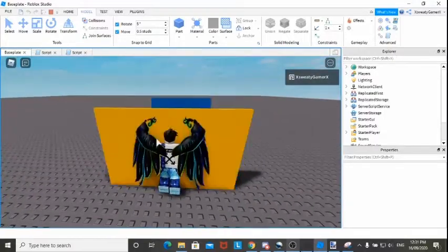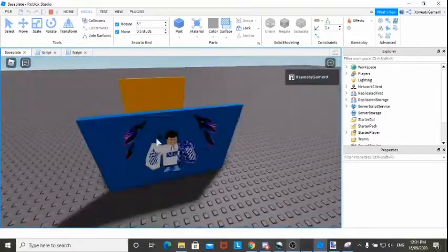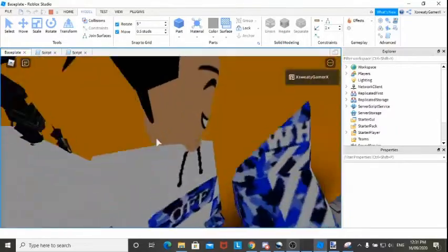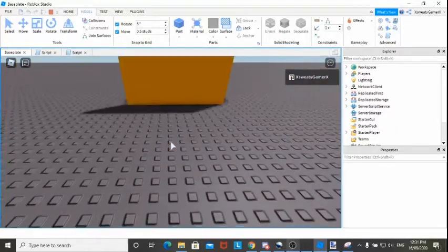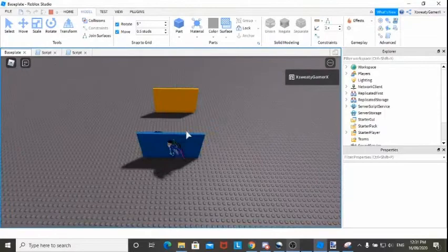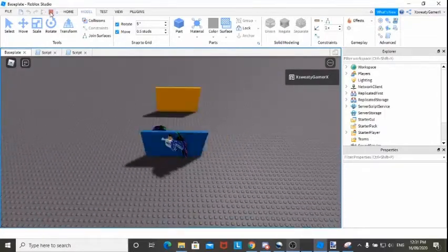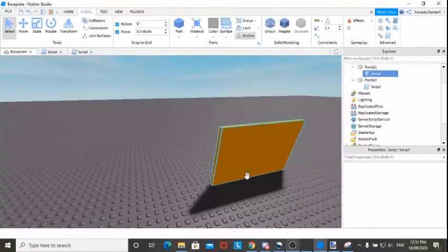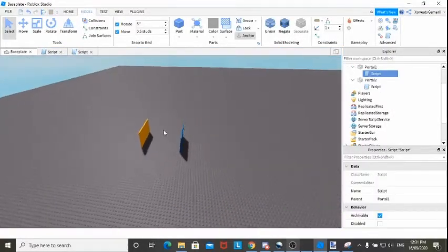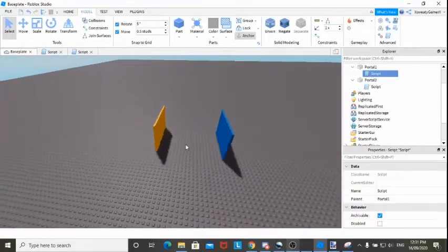See, it's just changing positions all the time. Looks a bit like that. But yeah, so you want to make sure you have the cooldown on there, otherwise this will happen and your players will just be stuck like that. Okay, so time to get into the second way of making a portal, where